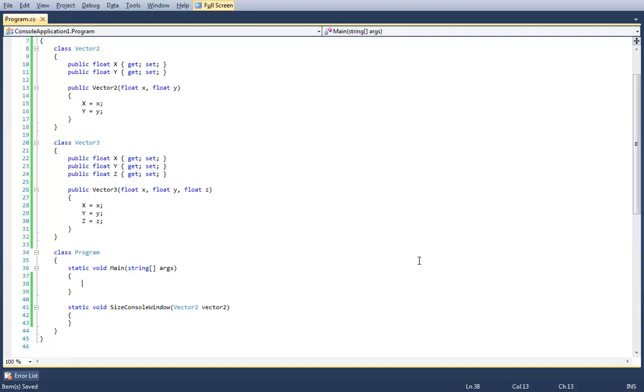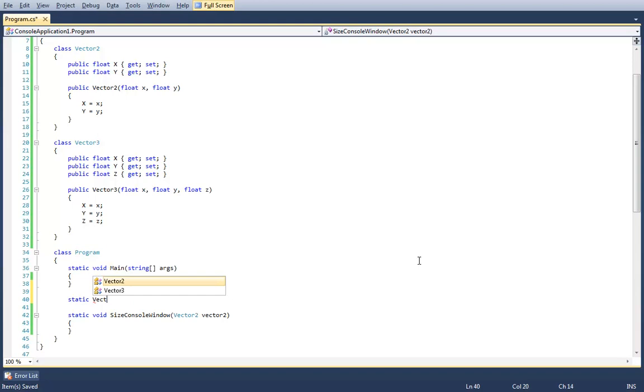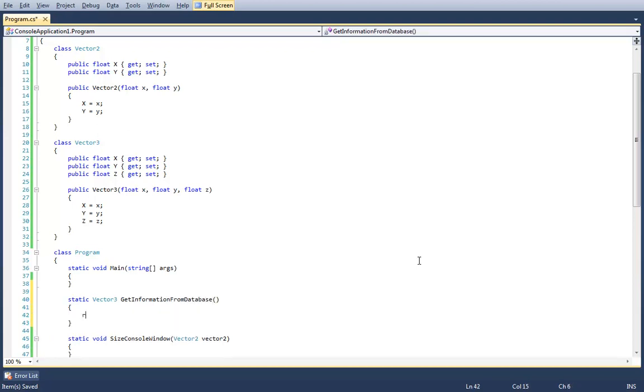Because if I had, for example, a method, static Vector3, GetsInformationFromDatabase or something like that, that returned a new Vector3. And of course, the signatures of these methods matter, their implementation does not.